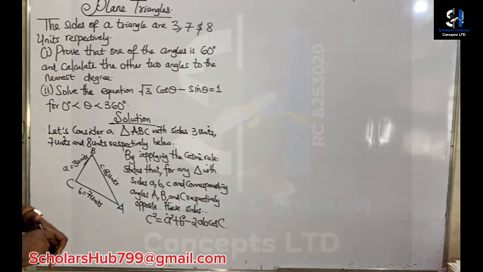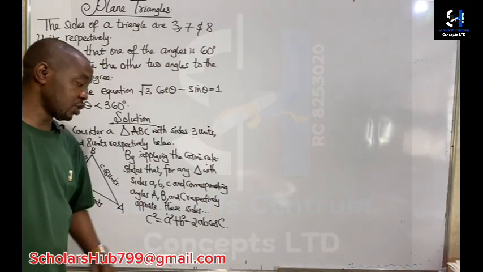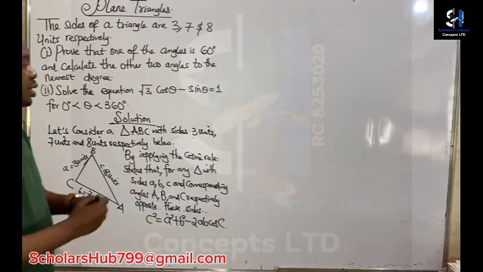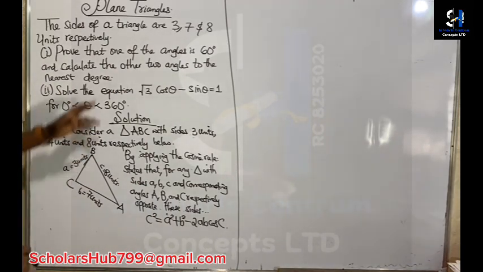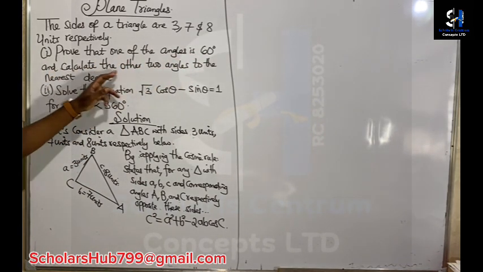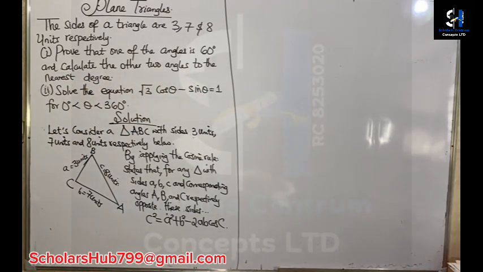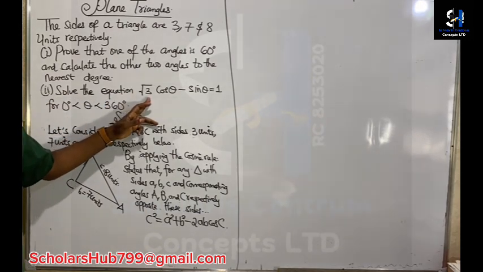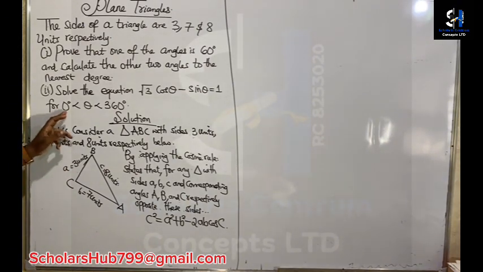Okay, now we have c squared equals a squared plus b squared minus 2ab cos C. In this case, remember we want to prove that one of the angles is 60 degrees and also calculate the other two angles to the nearest degree. That's the first question. The second question is for us to solve the equation root 3 cos theta minus sin theta equals 1 for 0 degrees less than theta less than